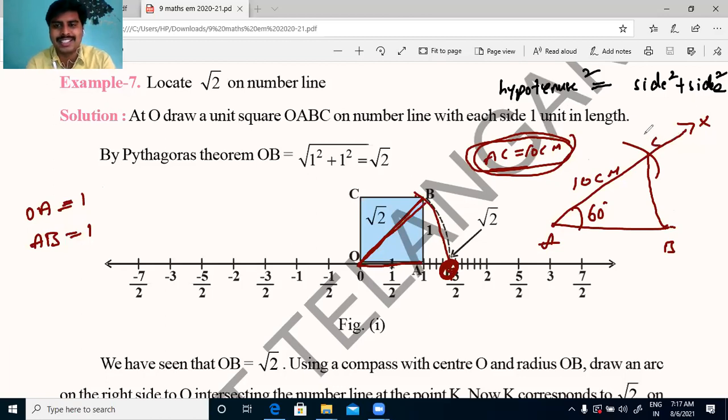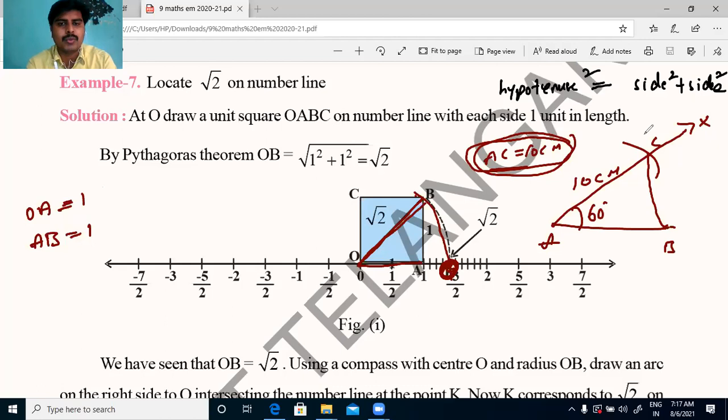You learned this in the 7th class, I think. Or, okay, you are the Chrono batch, right? You learned these things in the 7th and 6th classes also. Okay, the same thing we are doing here, Nana. We don't know the length of this OB. We don't know the exact point where root 2 lies. So that is the purpose. We are representing root 2 by using an arc, Nana. By using a compass, we draw arcs.